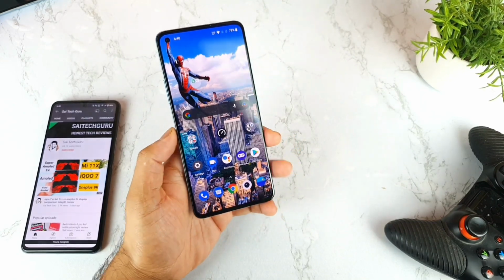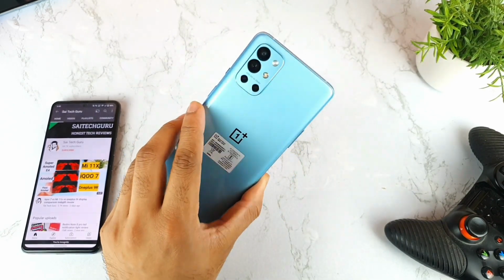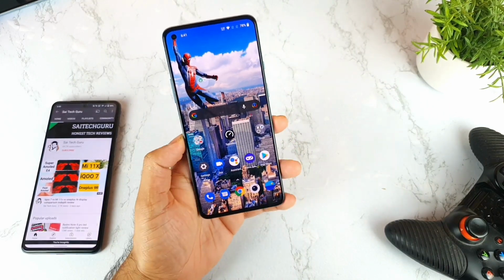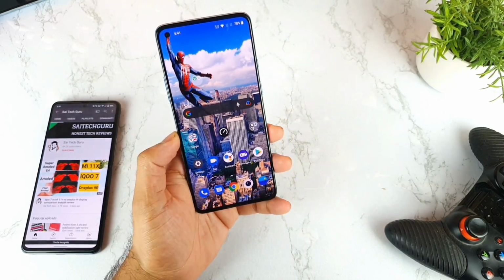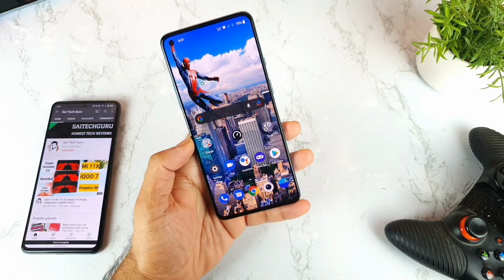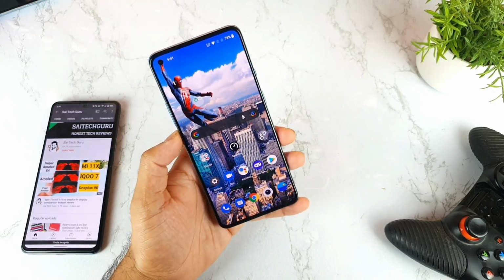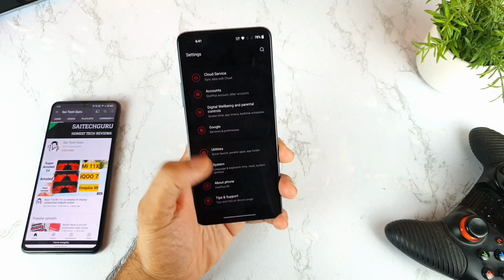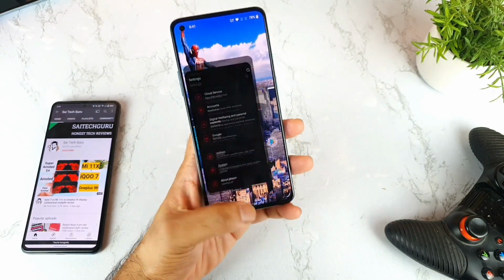Overall, friends, I think we don't have any kind of green tint issue in this OnePlus 9R device. In case you have any such issues, make sure to comment below. Definitely I'll try to do some testing using different applications as well. In case there is an application in which you felt the green tint, I'll definitely try to test that. But till now I did not find any issues with this OnePlus 9R regarding the screen, or the flickering issue overall.